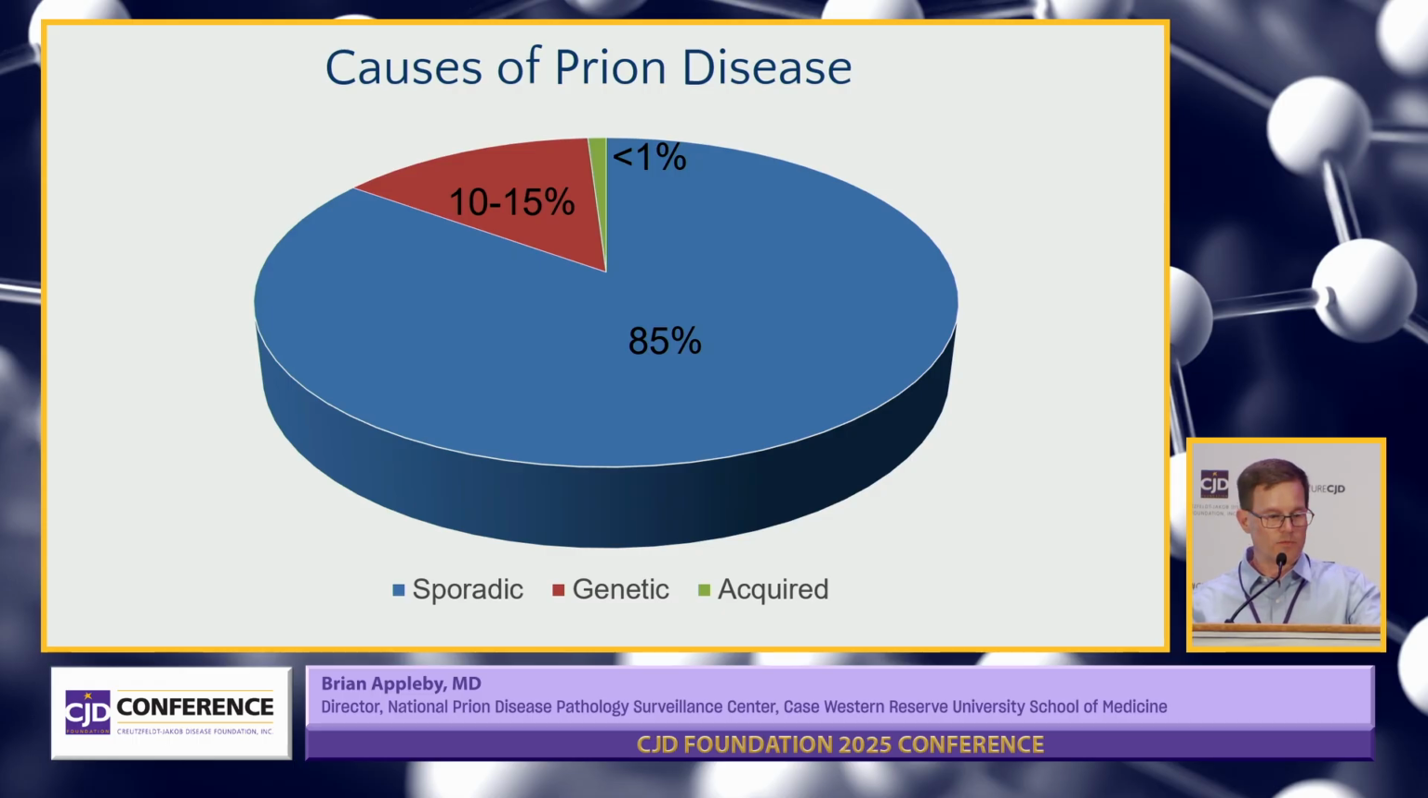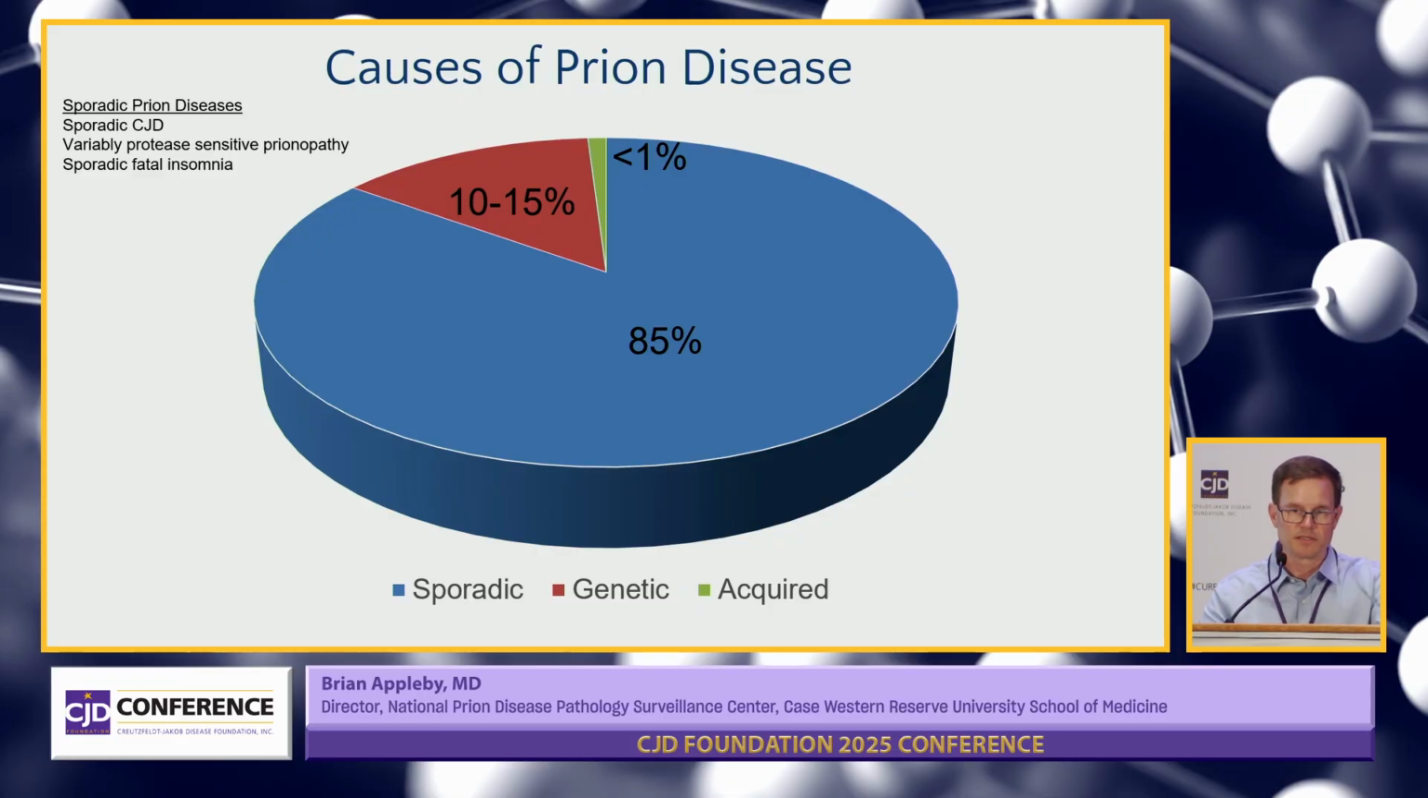In our field, again, we have a lot of lingo, so we have a lot of fancy names. So there are some named sporadic prion diseases, things like sporadic CJD, variably protease-sensitive prionopathy, and sporadic fatal insomnia. These are just ways that scientists subcategorize diseases, but they're all sporadic forms of prion disease, meaning that they just spontaneously develop in an individual. More likely to happen as people get older,